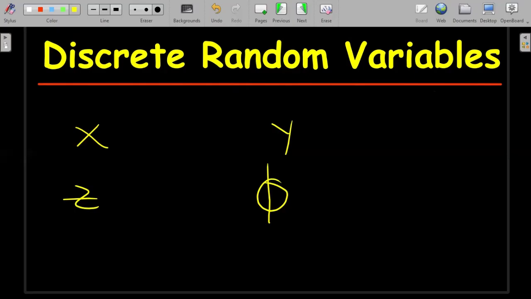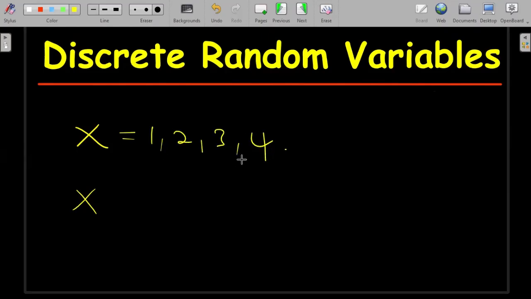There are two types of random variable. There's the one we are going to talk about today, which is a discrete random variable, and then there's another one, a continuous one. How do you identify a discrete one? You're given distinct countable values that X can take. We can say X can be 1, 2, 3, or 4. Since the values X can take are countable, we call X a